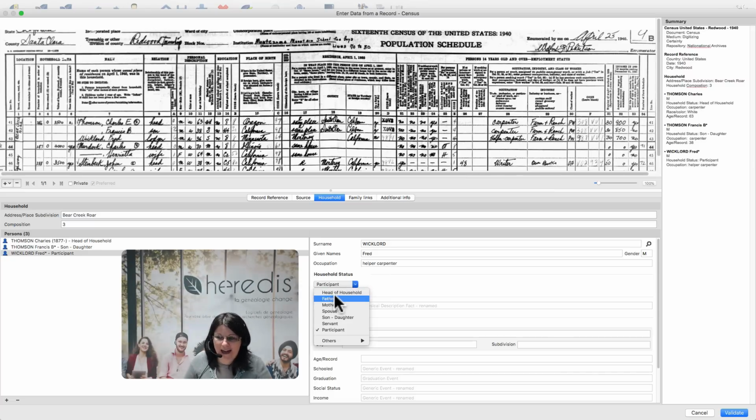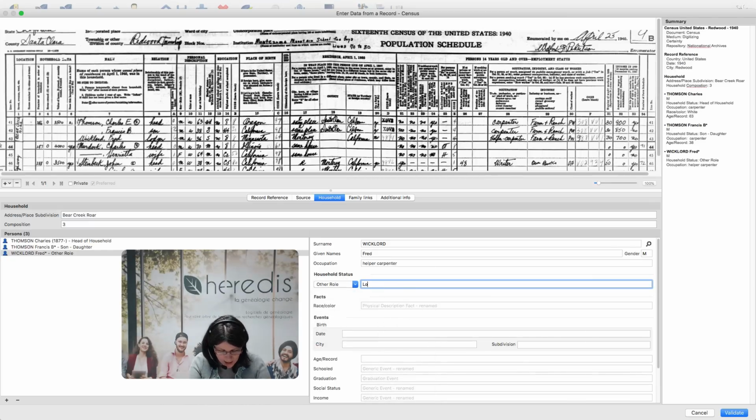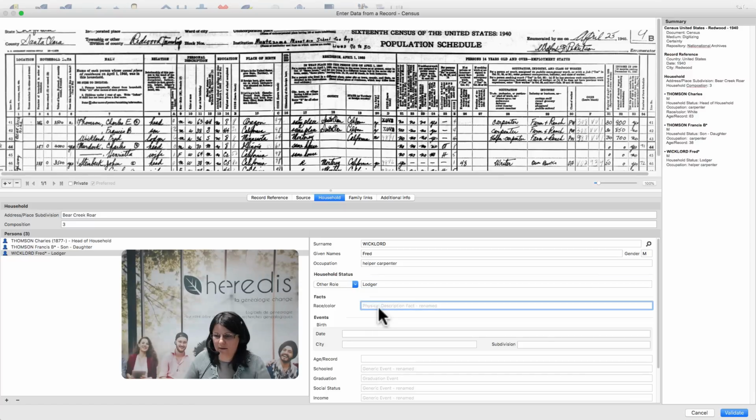So I do not have lodger as the main link, as the main status. So I'm gonna click on the list and see, do I have lodger? No, I don't. So I will choose overrule. He is lodger, so I'm gonna write lodger in the field, and then I can keep going and write everything that is written on this census,